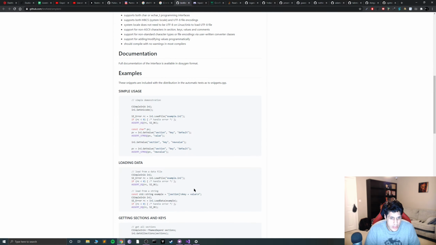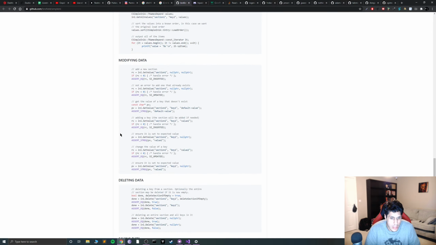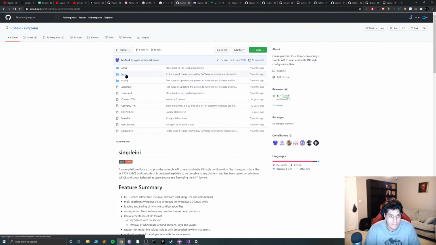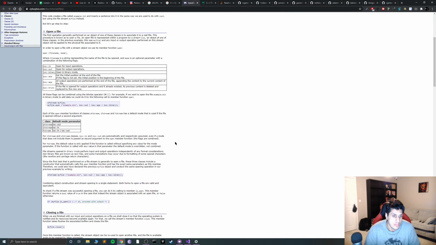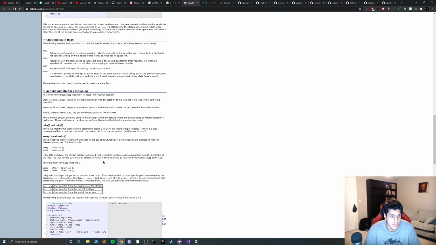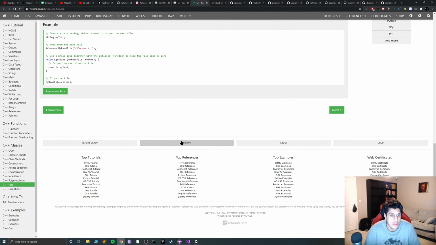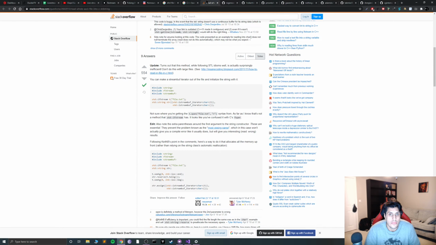INI style configuration file, blah blah blah. Nope, don't want that. Oh, this is what I will be using if I don't find something like this. I'll be using something like that. Again, that's the same thing. Same thing.